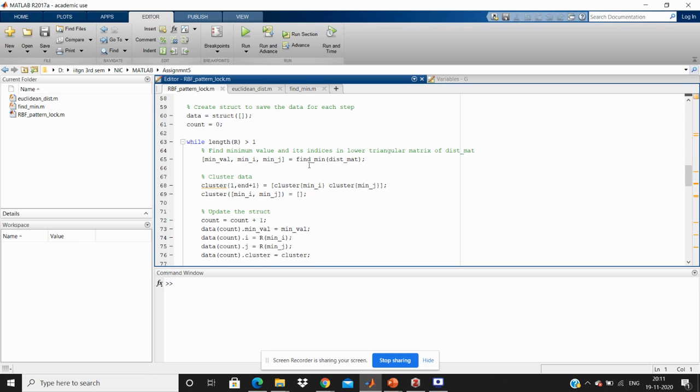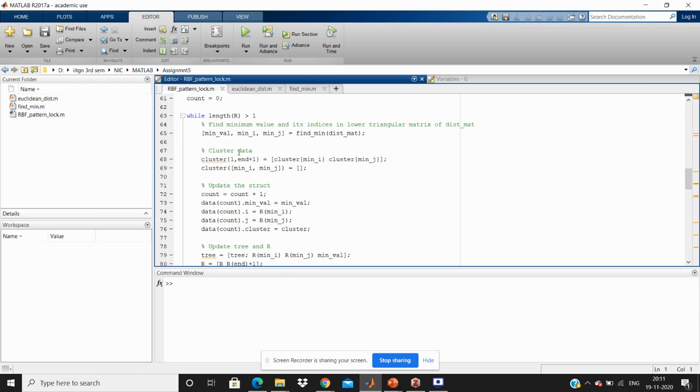So, after finding the minimum value and the corresponding indices of that value, we are updating the cluster in line number 68. A new array is added in the cluster, and whatever minimum indices points we got are grouped together to form the new cluster. And the previously formed and the newly formed cluster points are removed from this cell type array in line number